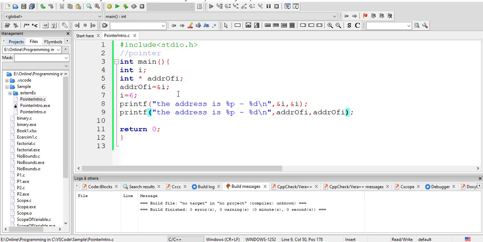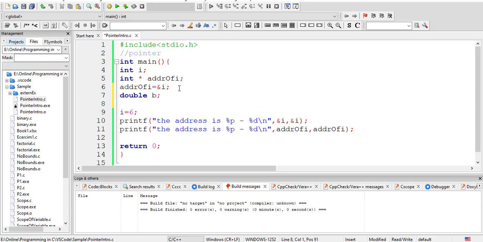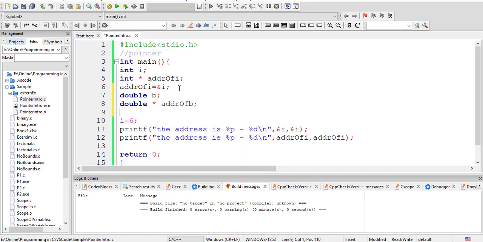Now let's say I have a double D. If I want to store the address of this D, I have to create a double pointer. Double, then star, then give any variable name. I will give address of D. Then you assign address of D equal to the memory location.